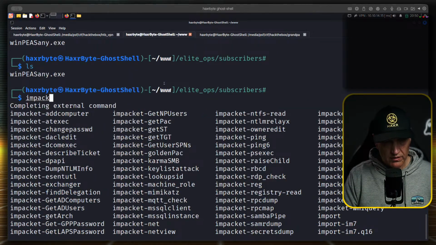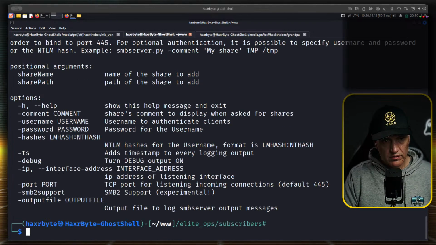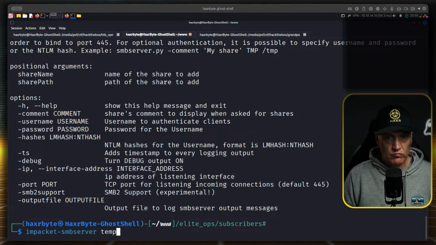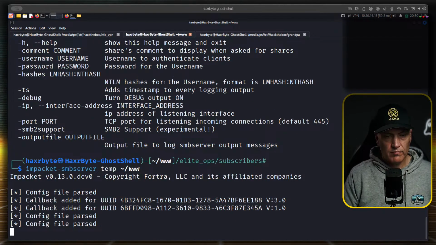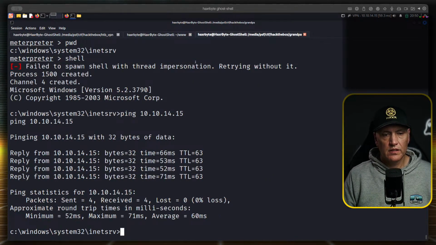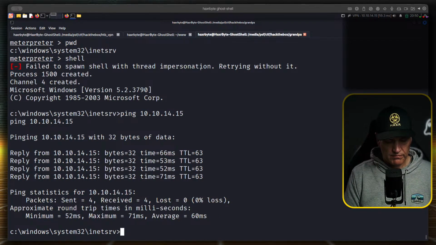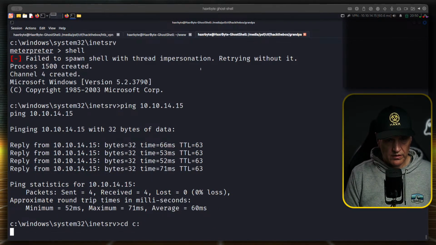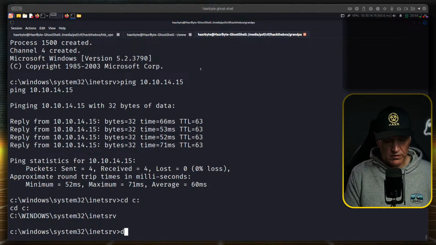Do I have a packet? SMB server? Temp. Okay, so SMB server. Let's see if we can see there.